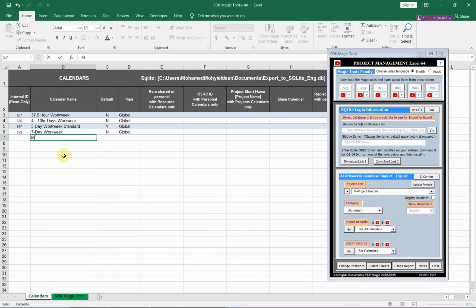For example, this will be my global calendar, and we will add another calendar for the project, my project calendar, and we will add another for the resource or shared calendar, and another one or personal calendar. Now we have these 4 types,